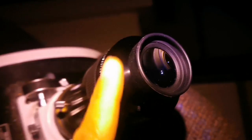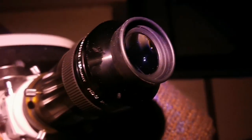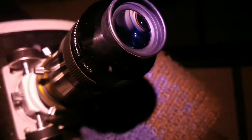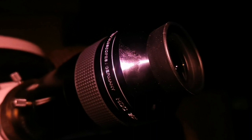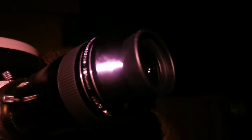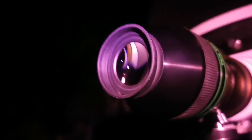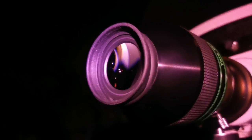The view in this one I prefer, although the view in this one is more immersive than the Ethos 21, although it is 3 times cheaper. Let me remove the eye guard from the Ethos, which I added, and practically that made it a little bit less field of view. So I'll remove the eye guard and then come and see it with this one. Okay, now I have removed the eye guard and put the rubber eye cup back. The view is as immersive as the